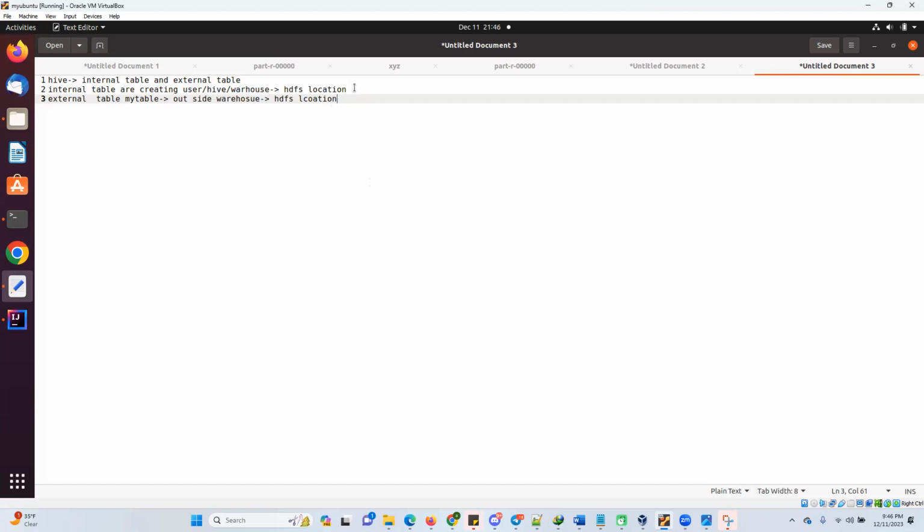But there is one drawback in the internal table. When you drop the table, the data and schema both will be deleted. Actually, two things are there for every table: one is the data, and another is the schema. Schema means the table creation, the fields. Every table has a set of fields, and on the basis of those fields, the data is populated in the table. So when I drop the table,